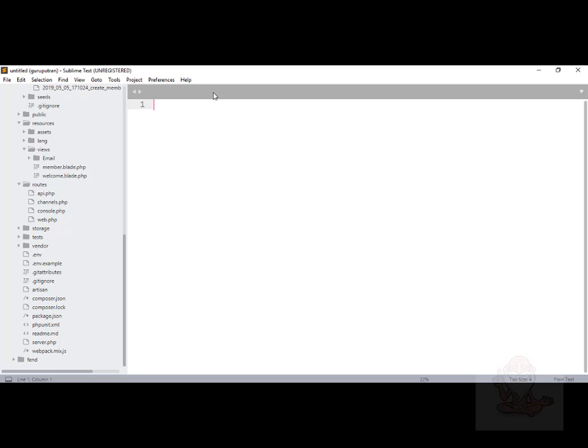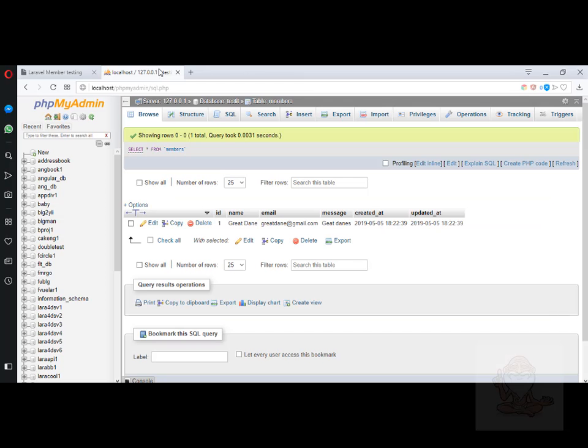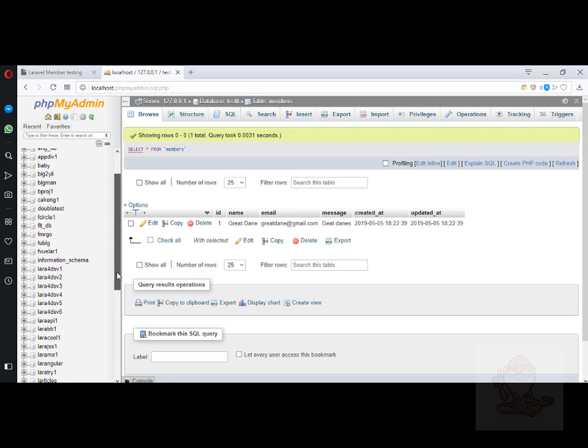Which is, I am telling that I am using XAMPP server. Yeah. And so let's go to phpMyAdmin. So once you start the XAMPP server, you will be able to see phpMyAdmin. In there, you can see there is a database which I have created. You can look at it.